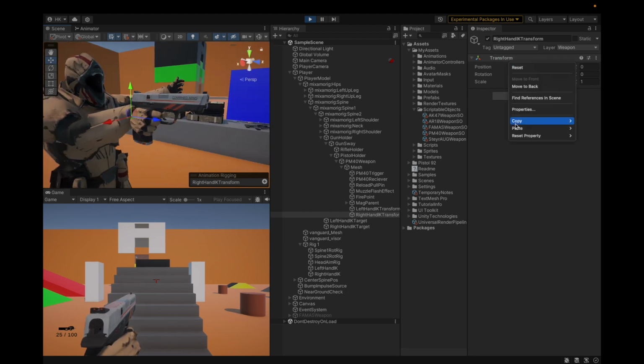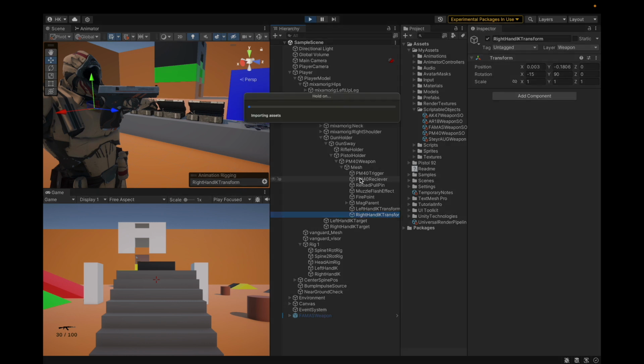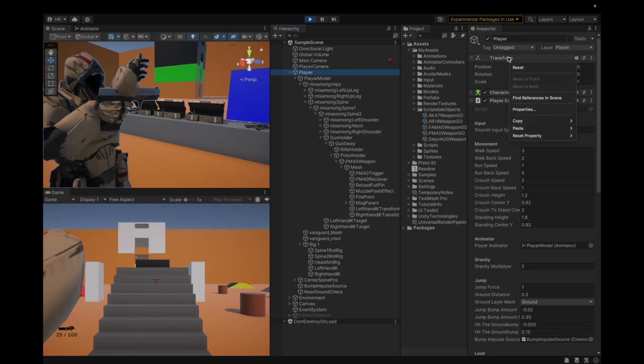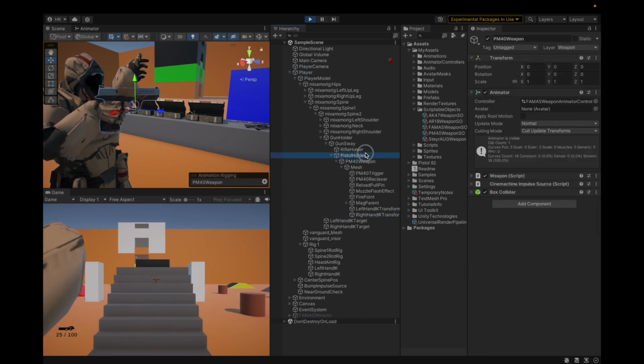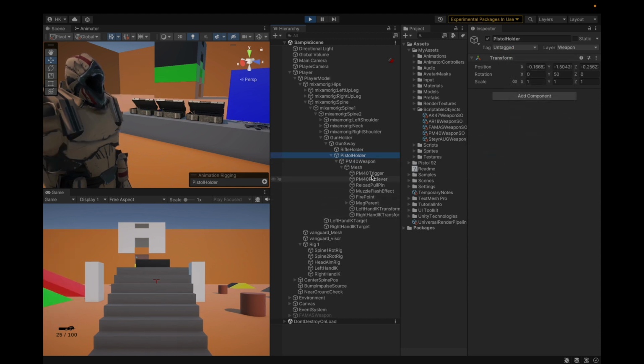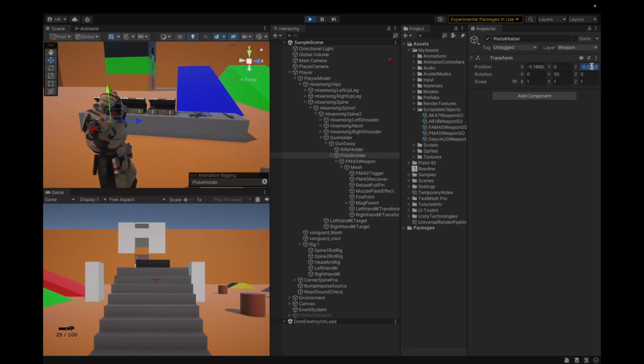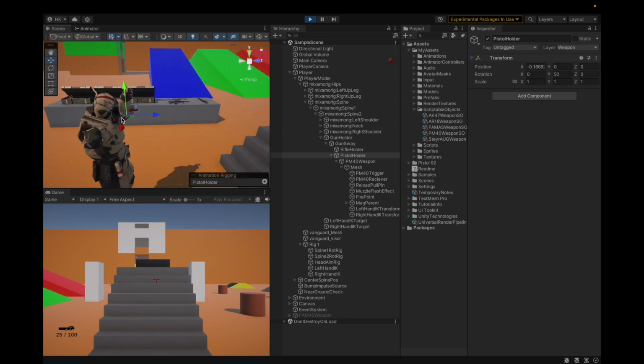So now what I can do is just copy the components. Now we can't copy this right now, so we'll do that later. First let's just set the IK so we can actually have a better view of what we're doing. So again, we're gonna go quickly here. Then we need to go back to player and copy its world transform, paste it onto the pistol holder, and then we can come back to the pistol holder, reset the y-axis, the z-axis, and then pull it slightly